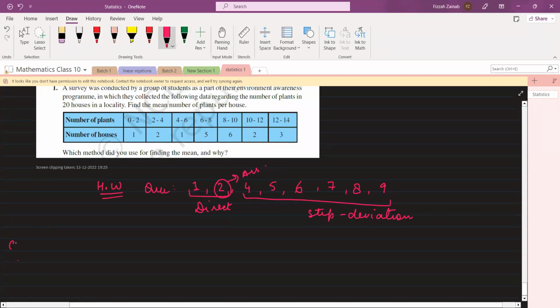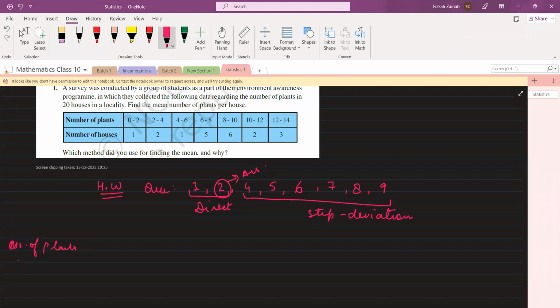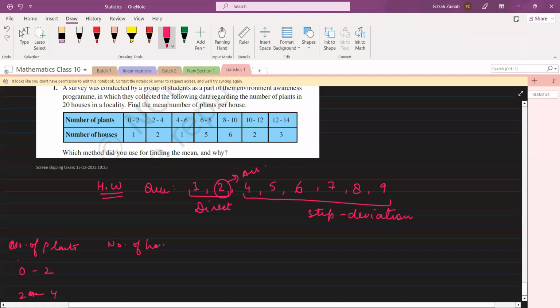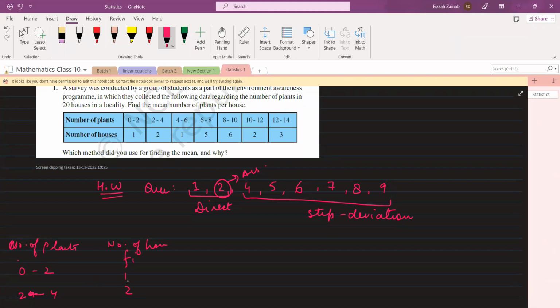So here, you just write number of plants, right? So that means 0 to 2, 2 to 4, 2 to 4, like that. Then next is your number of houses, which is your fi, right? So you write 1, 2, like that. And then you find the mid value, that is class mark, which will be your xi. So 0 to